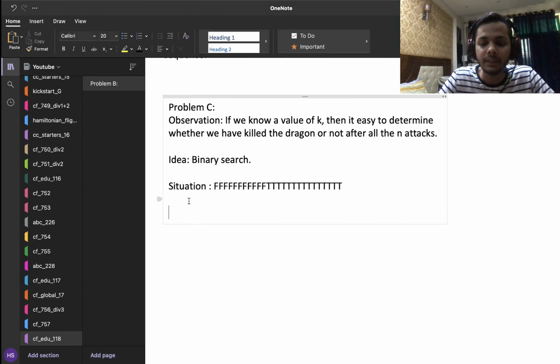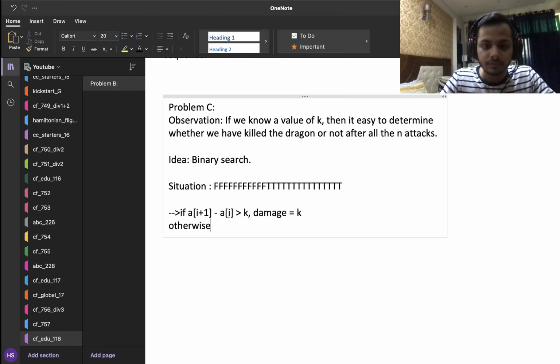So what I'm trying to say is, if you are at a particular value of i, if a of i plus 1 minus a of i is greater than k, then the damage inflicted by the ith attack is equal to k. Otherwise, your ith attack is still in progress and has not yet finished, but the i plus 1th attack has started.